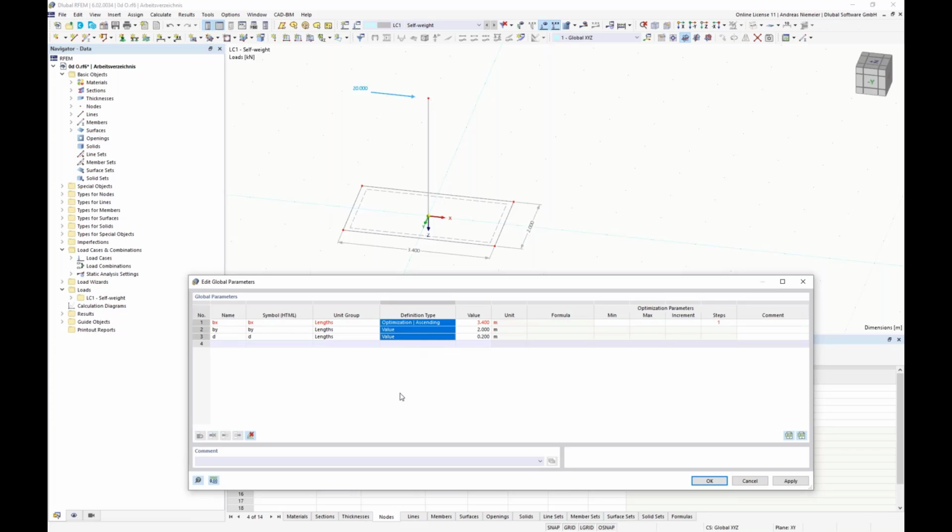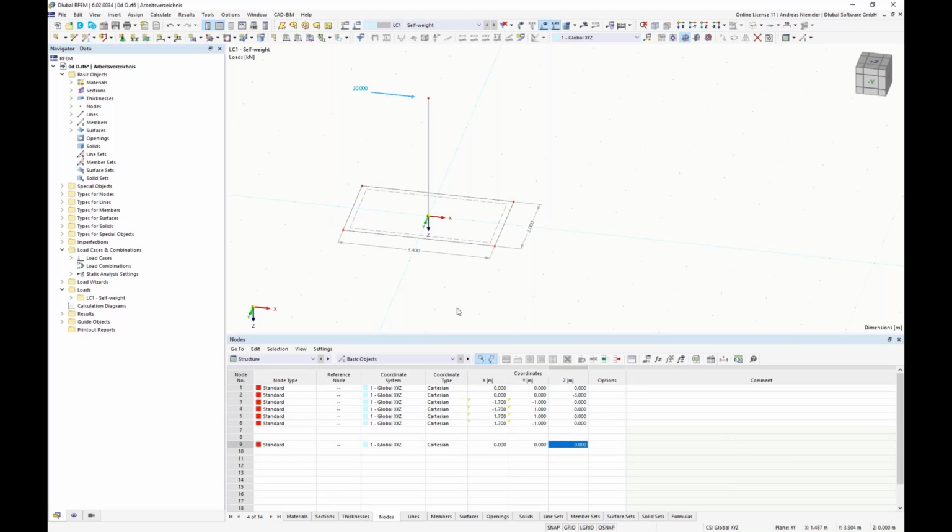In our case, we use the simple input, optimization, and describe to the program what my input steps are. I say maybe start from 1 meter and go maximal to 4 meters with a step of 1 meter. Ah, it's too big, 0.25. So now it's absolutely clear for the optimization tool in the background which steps it has, what the minimum and maximum are, and